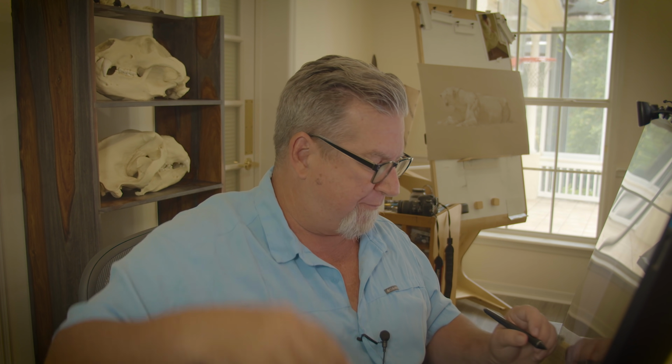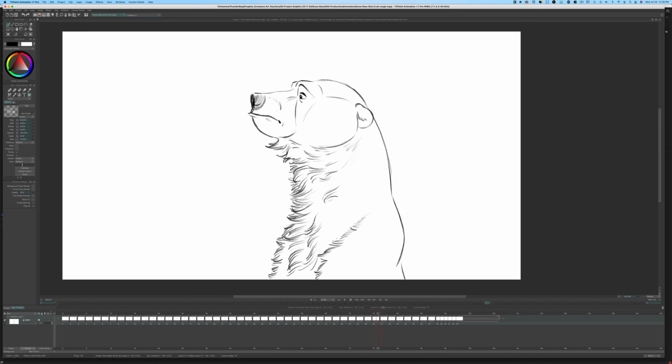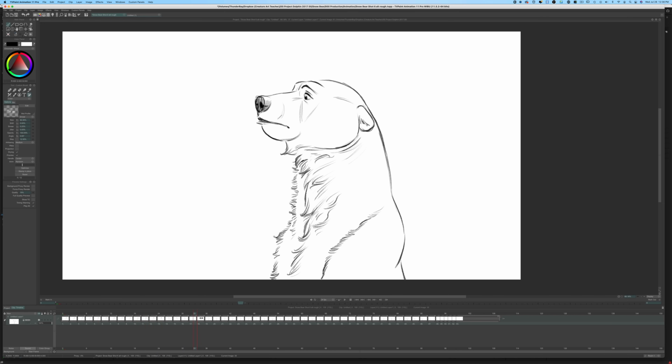And this is all being animated on 2s. What does 2s mean? It means it's 2 frames for every drawing. So every drawing is being held for 2 frames, which means I get basically 12 drawings for every second. That means this fur is going to cycle through about 3 to 4 times a second if I do about every 3 drawings. So you get this really great random feel to the fur, and it feels like wind blowing. That's really all it takes.